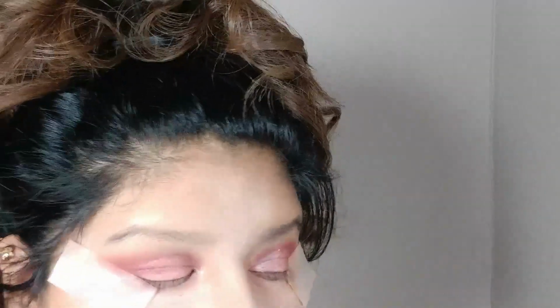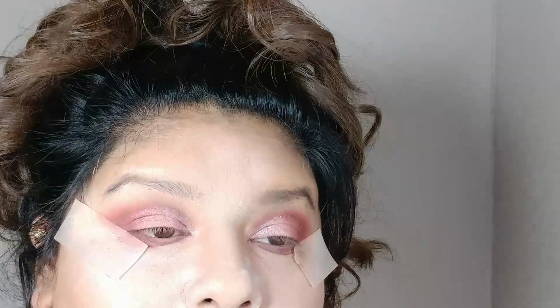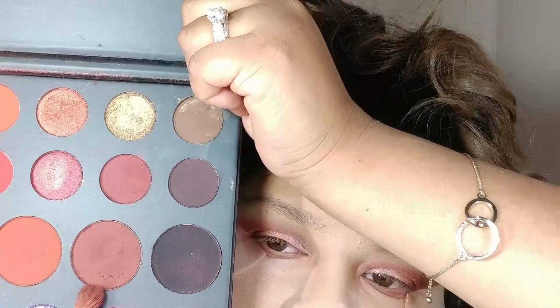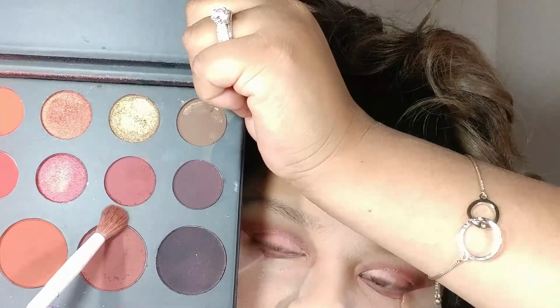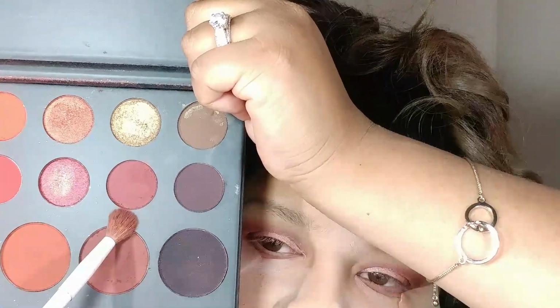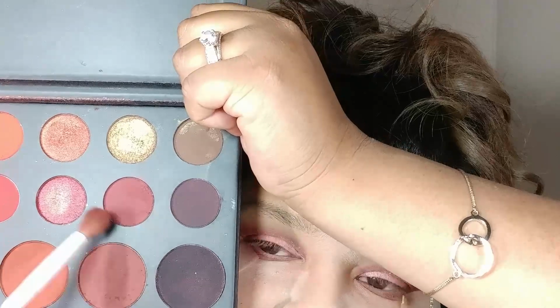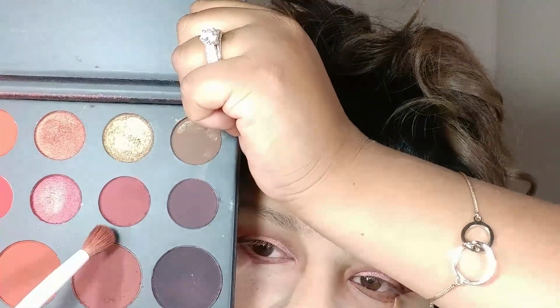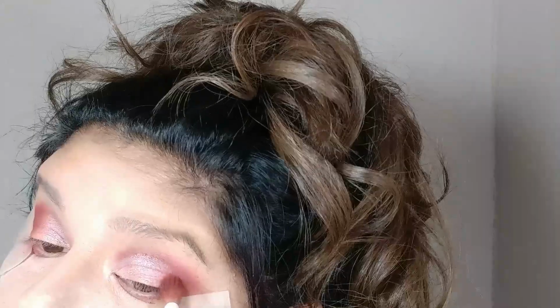And with the fluffy brush, I'm gonna go in on this end right here. Okay, so you can either go with this brown right here, or this maroon color again, to just deepen the ends, and deepen the wing. I'll show you what part of my eye I'm talking about right now. So either this or this color, just to darken it just a little because